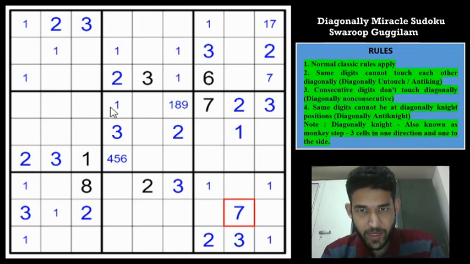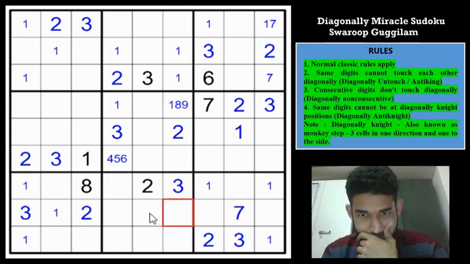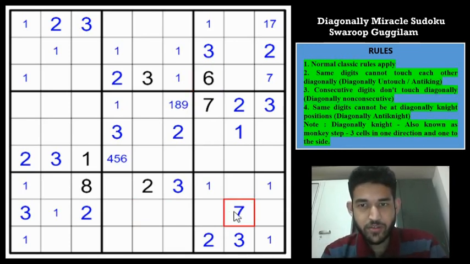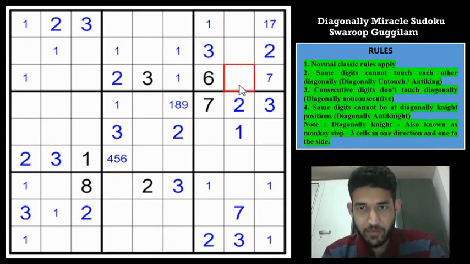And can we propagate the 7s now? Doesn't look likely. Maybe let's use the 6 again, because when I tried to place the 7, I looked at this box and I'm already getting 3 possibilities for the 7, and I'm not able to see any further progress. So let us maybe try making use of the 6. The 6 can't be in these 3 cells because this column is quite constrained. We have already placed 4 digits and 6 is already eliminated from 3 cells. And look at this cell, it can't be here also, monkey step away. So we can straight away place the 6 here.